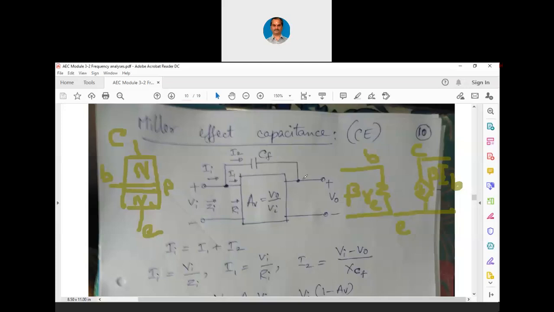Now in between input and output, we will have to visualize this particular capacitance. That is between base and collector, we have the reverse biased diode there, and the reverse biased diode will have its own capacitance that has to be visualized this way. So Miller gave an idea about how to compute this particular capacitance which is between input and output. Once we obtain an expression for this capacitance, we can substitute in all our other expressions or equations, and we can arrive at the high frequency response. That is the idea of finding out Miller effect capacitance.